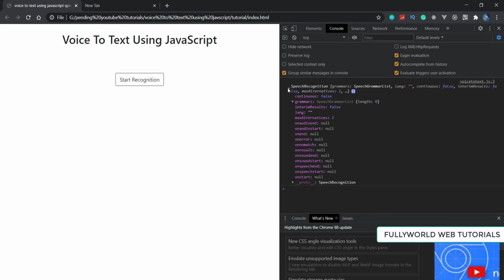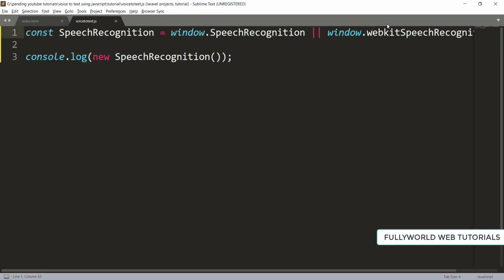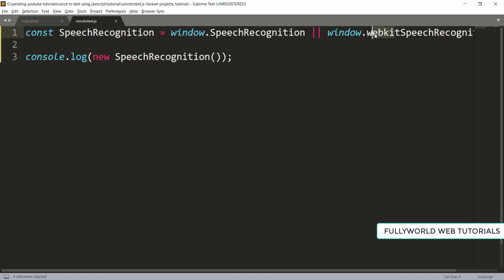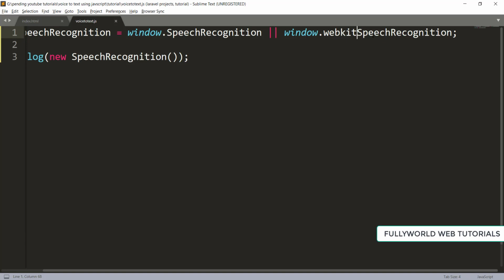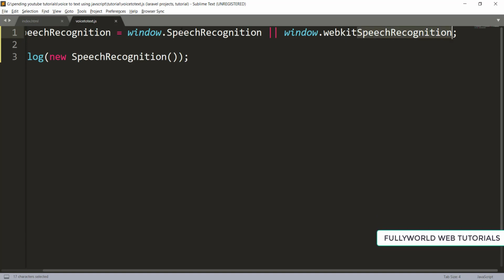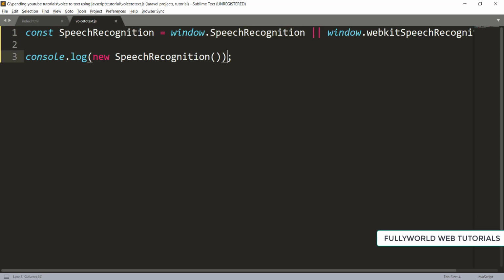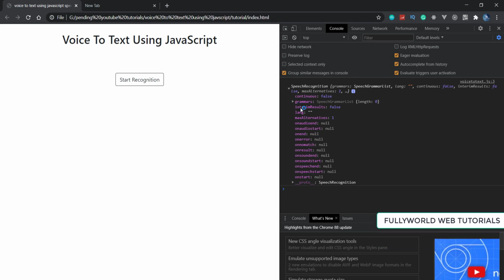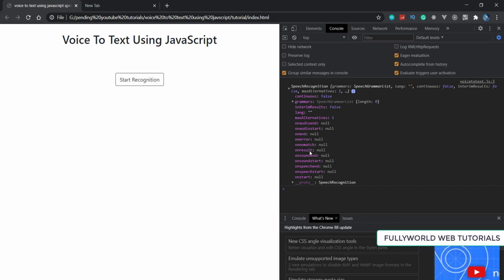With a spelling mistake also we are getting an error, and also make sure about the letters here. It will start with webkit in small letters only, and then there will be camel case writing, and this is camel case writing only. So this object, we are getting these things here. From here we can use many things, like onresult, and we can get onstart, so everything will be there.